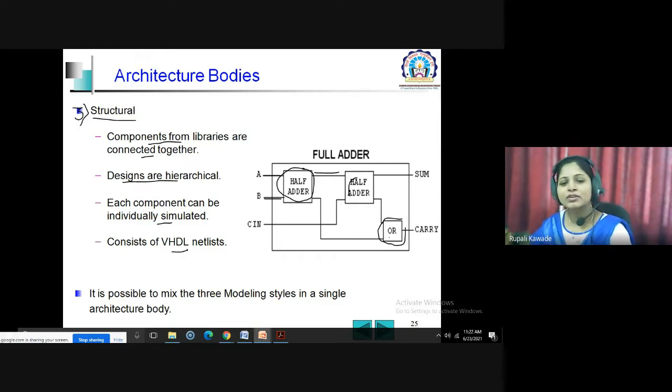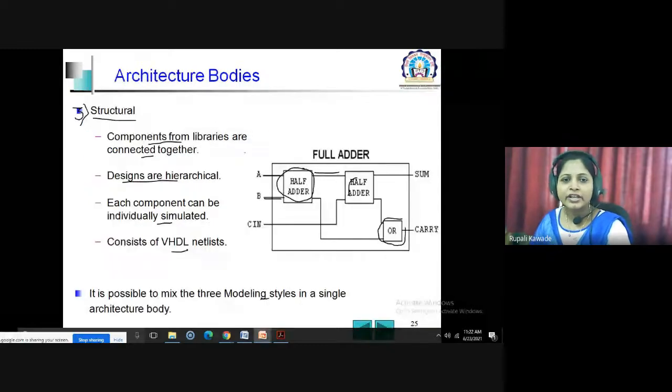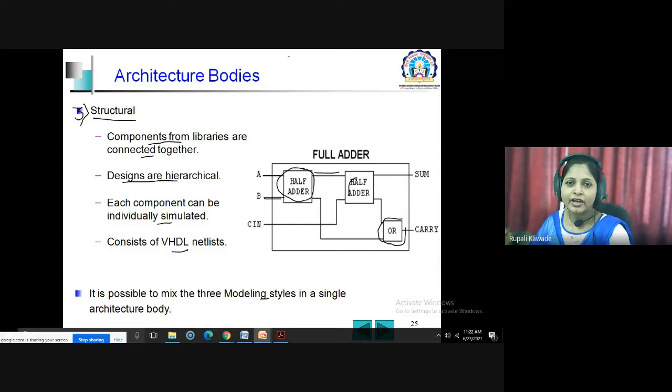Also, it is possible to mix these three modeling styles in a single architecture body. If you concentrate on these three modeling styles we have seen, for behavioral, if I have a truth table, then it is very easy to define the functionality in behavioral terms.